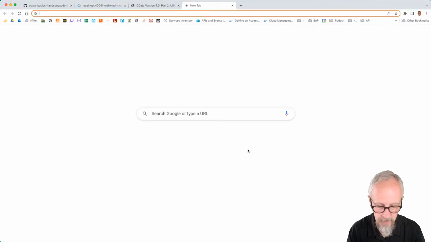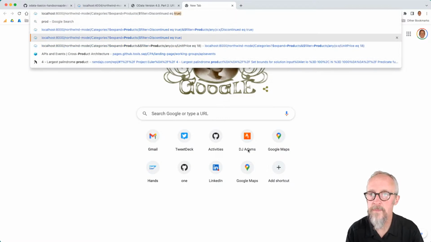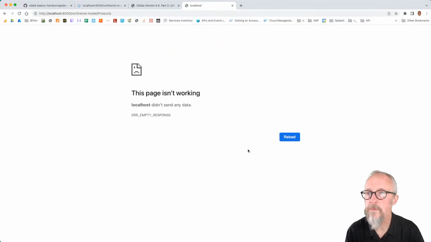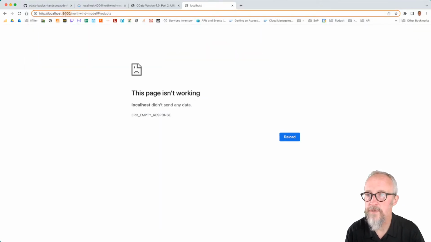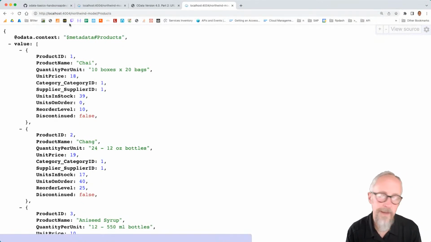Or, for example, if we say here products, let's go here, products. Oh, look. Because I'm running on 4004 now. I changed it to 4004. So in the repo, when you do the repo, it's a long story why I'm using 8000 now, because I'm running a dev container and I've only normally exposed